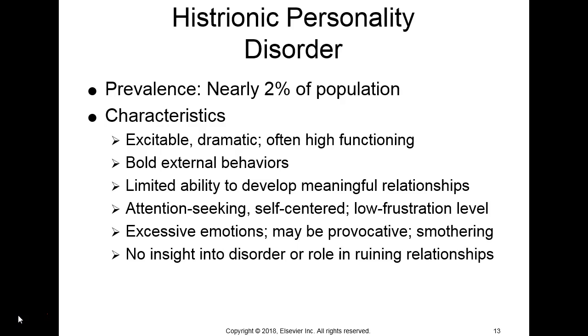So imagine somebody who has this type of disorder maybe coming into the emergency room, and perhaps they want treatment right now. They don't want to be triaged. They feel like what they're there for is very important, and they want to go to the top of the list, even though maybe somebody else just came in with chest pain and they don't have chest pain. They want to be seen first. So that would be a good example of how they don't tolerate frustration. They're very self-centered. They don't see that perhaps somebody else could be more ill than they are and that they should wait. So it's very frustrating sometimes for health professionals to work with people with this disorder.